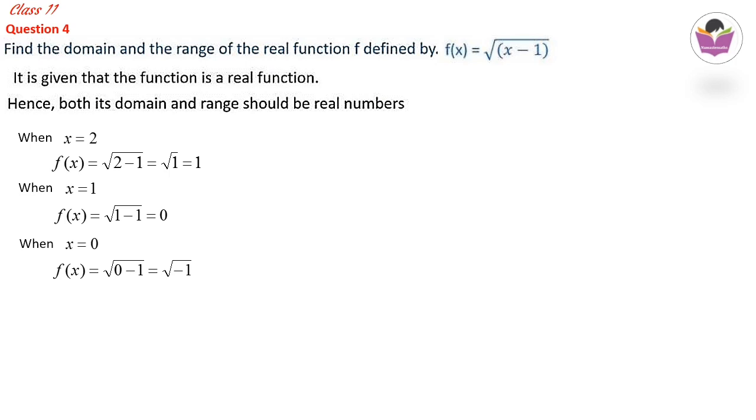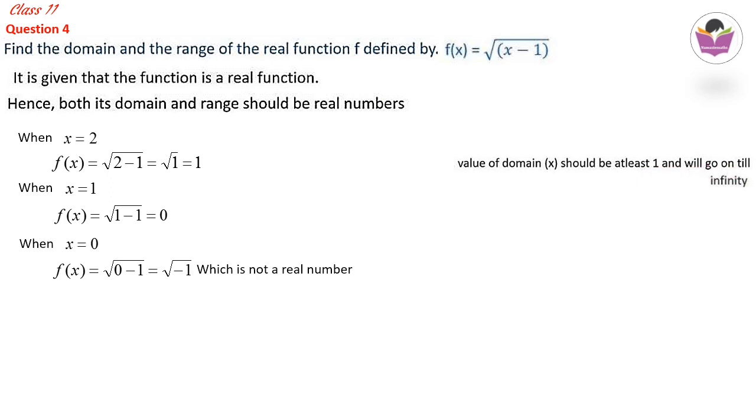It is mentioned here that it is a real valued function, which means our domain and range must also be from the real numbers. But when we give this input, our output, that means our range, comes outside of the real number system. So we cannot consider it. We cannot give x equal to 0, because our output is not a real number. Therefore, the domain x should be at least 1 and will go on till infinity. From 1 onwards, any number you can give up to infinity.